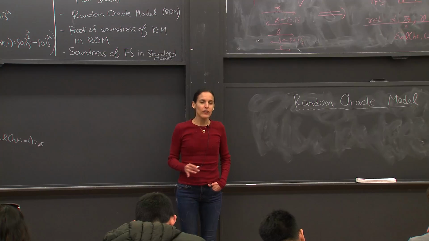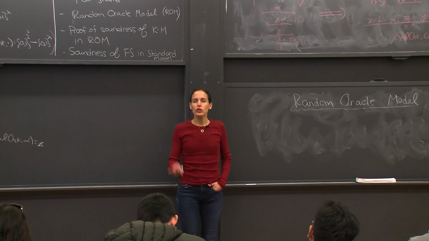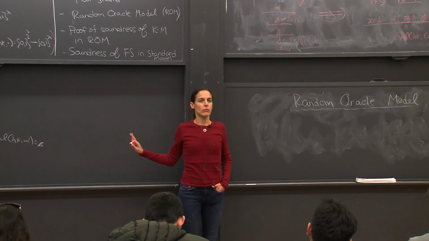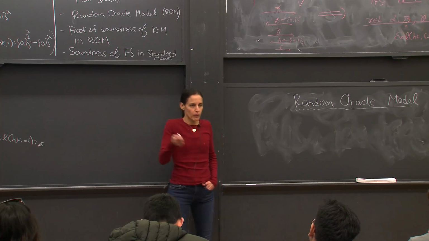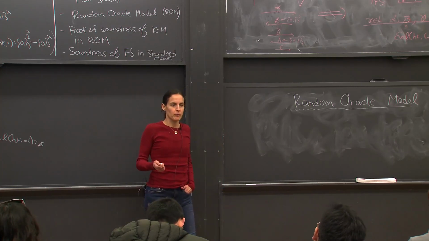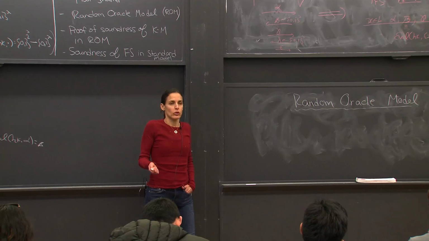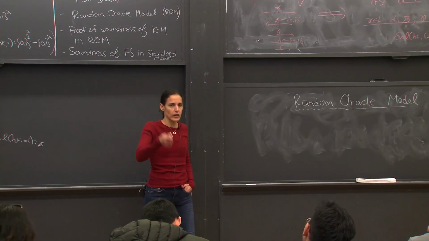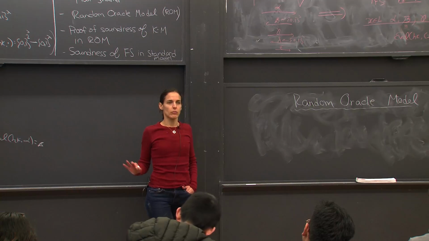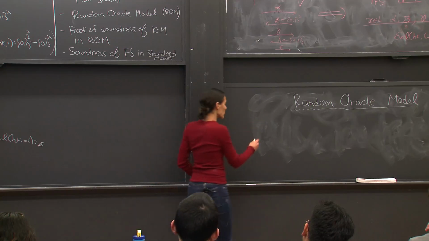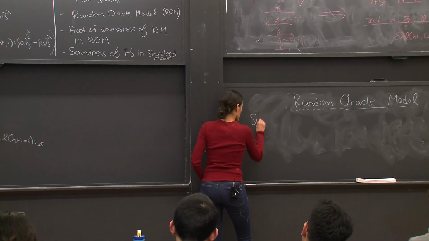And the first property, they said, you know what? What if the hash function was completely random? So when you use Fiat-Shamir, there's a circuit that computes the hash function. It's like a polynomial time Turing machine, or a polynomial size circuit, that takes a hash key. They say, you know what, what if the hash function is completely random? Okay, so the random oracle model says, suppose